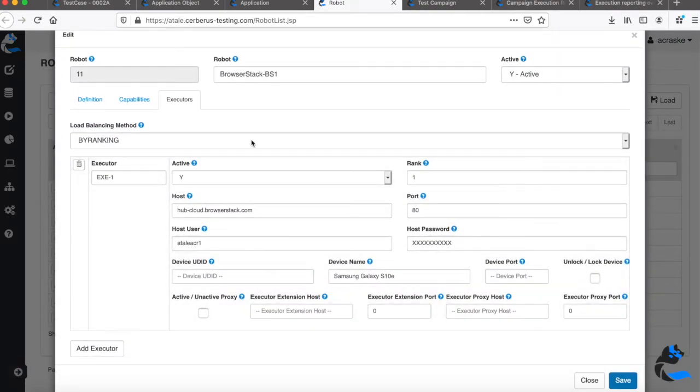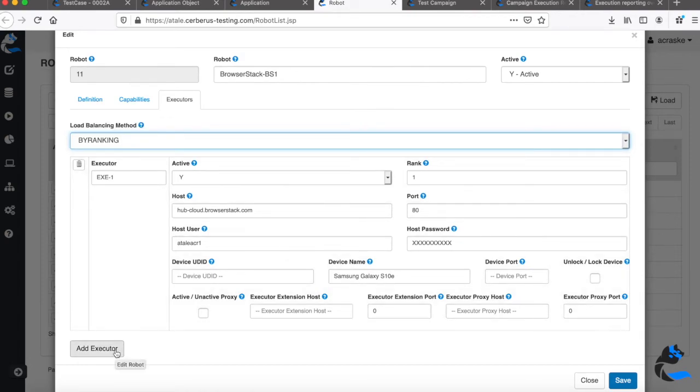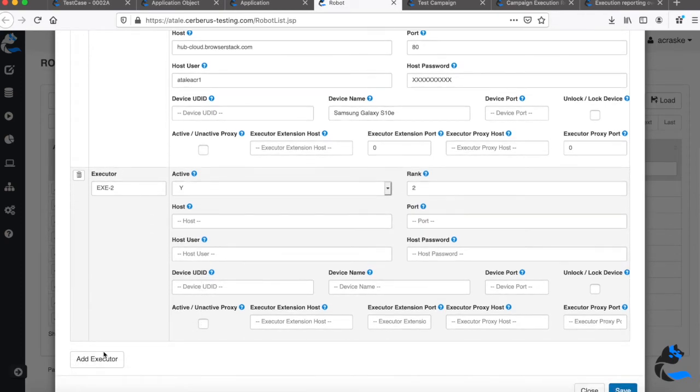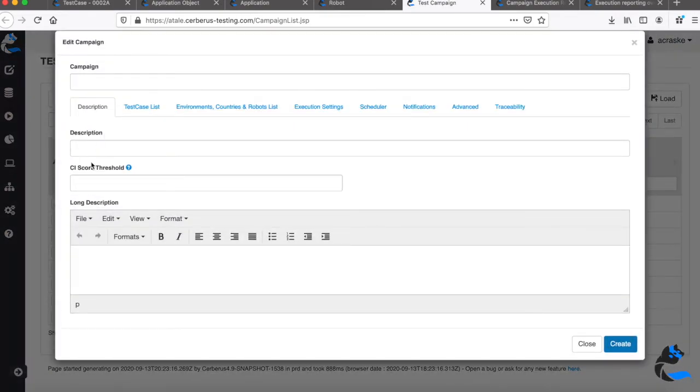Then on the test execution part, as we shared briefly, there is load balancing and various executors you can define. So in Cerberus you can easily add an executor here, and Cerberus will for you perform the load balancing across your local or remote testing farm. This is quite useful when we want to execute tests in parallel, because mobile tests are usually very slow. If you don't perform them in parallel, it starts to be too long.